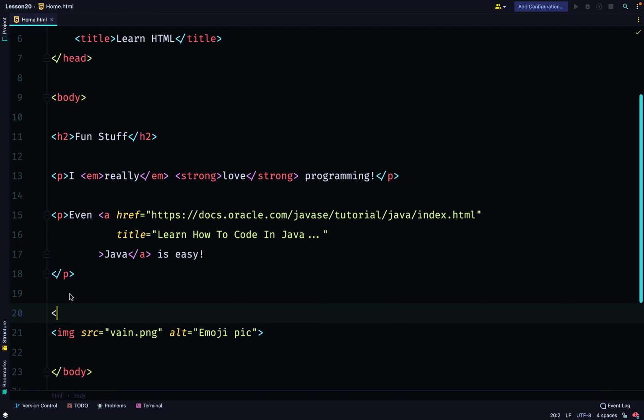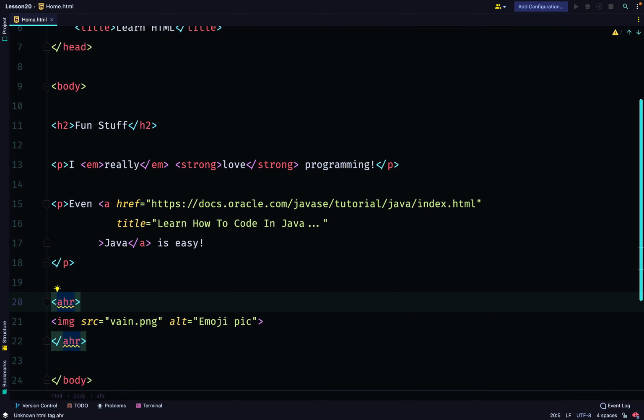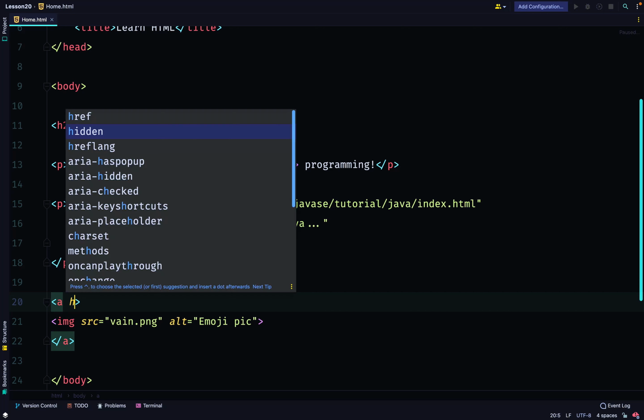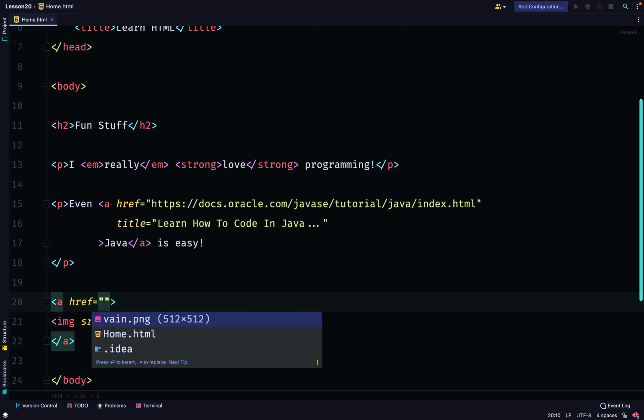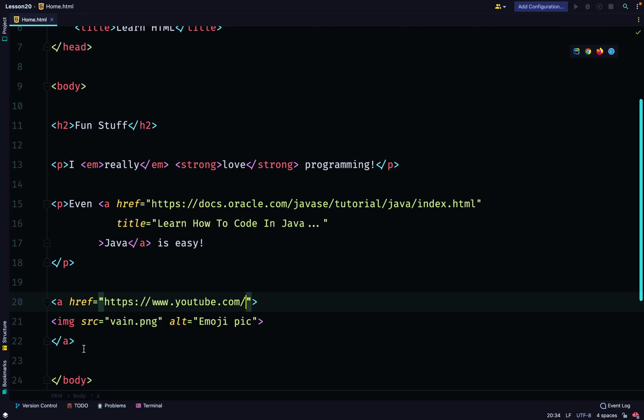It's the same process. I will surround it with an A element. Then I go ahead to specify the href attribute. In this case, I will just link the user to YouTube. So very simple. I surround the image with the A element. Now, once the image is clicked, it is taken to the link specified in the href attribute, and that is